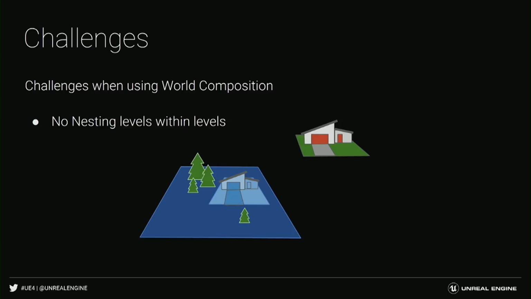And of course, some of this is addressable by having multiple different streaming grids in your world, but some of that gets pretty advanced and complicated to set up. So we're looking at ways to ease some of the tension. So what this image is trying to show here is that in the one case we have a house level by itself, and then the one that's blue being placed on the tile there has been placed as actors directly in that landscape tile, which people also do pretty often to avoid having tons and tons of different